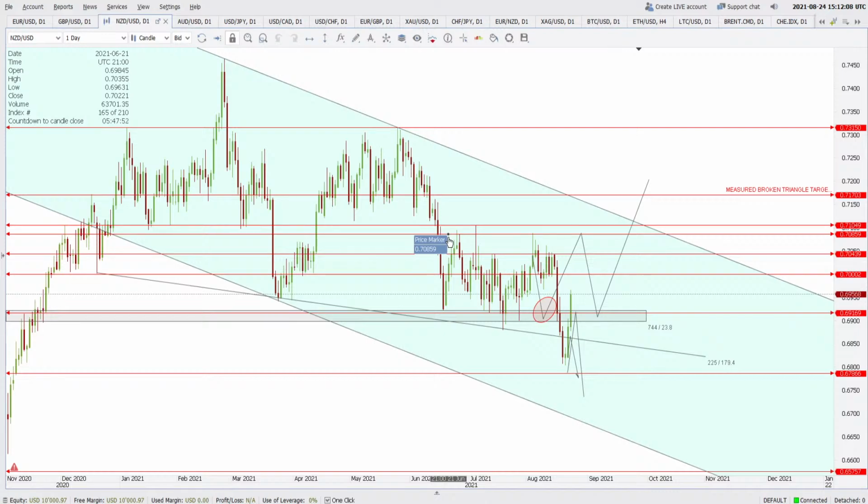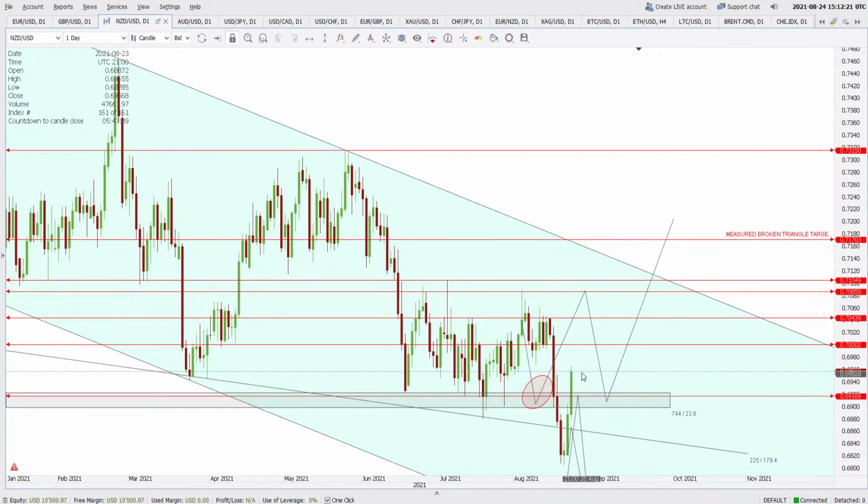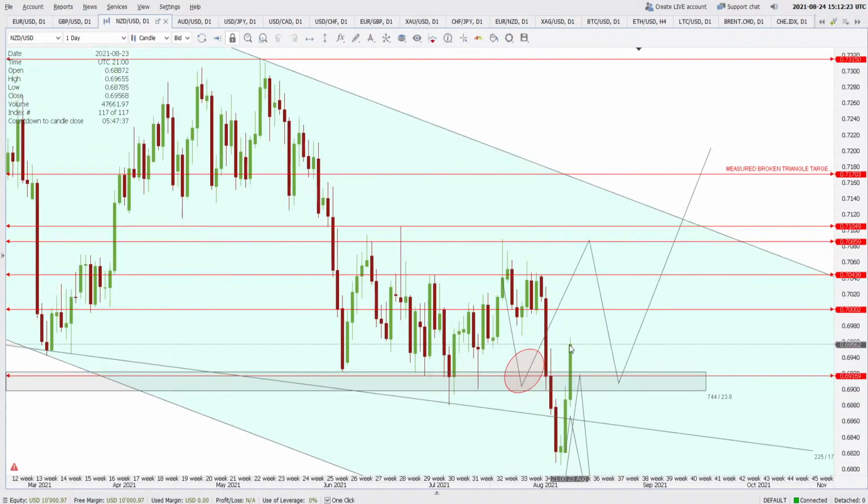So anywhere below 0.7104 we should be looking for a selling opportunity, and anywhere above this one we should be looking for a buying opportunity. So since the price is below, we should not be looking for a buying opportunity now, but instead we should be looking for a selling opportunity. So where can that be? That can be at the very next resistance level here at 0.7000, which is a psychological handle also,